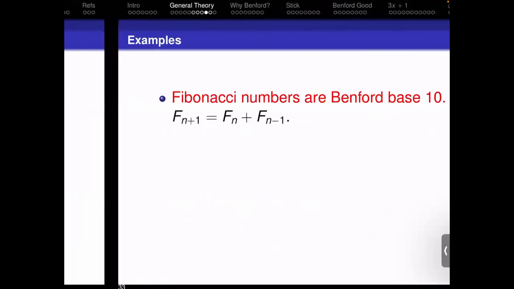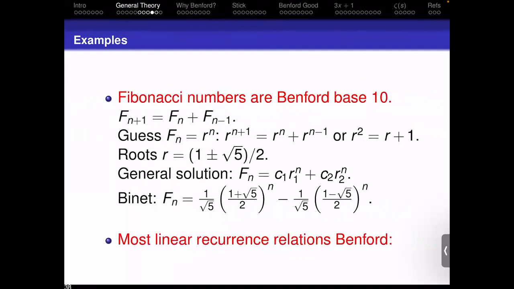If we want to look at the Fibonacci numbers, we start off with the Fibonacci relationship, and very quickly we can get to Binet's formula. And when you look at the second term, because the second factor is less than 1 in absolute value, when we raise it to the nth power, it rapidly tends to 0. So the nth Fibonacci number is essentially 1 over root 5 times the golden mean to the n. The 1 over root 5 doesn't really matter. And if we just take the log of the golden mean, that's an irrational number, and that's going to give us the Benfordness. Most linear recurrence relations are Benford.